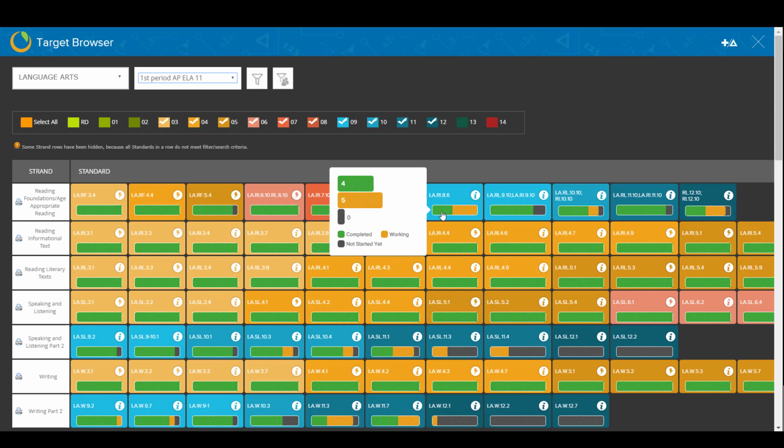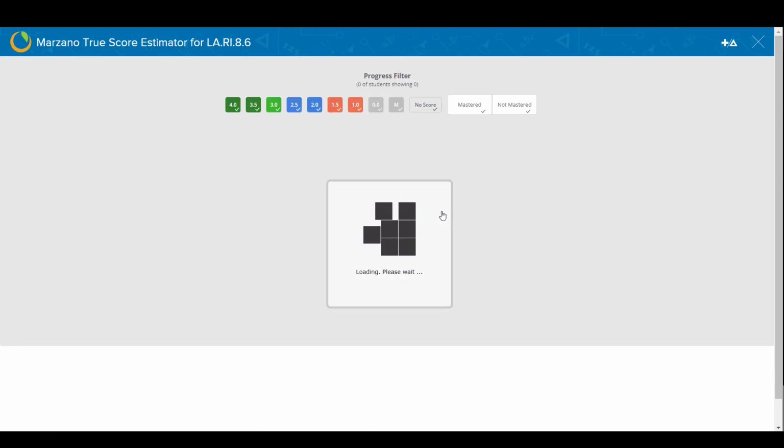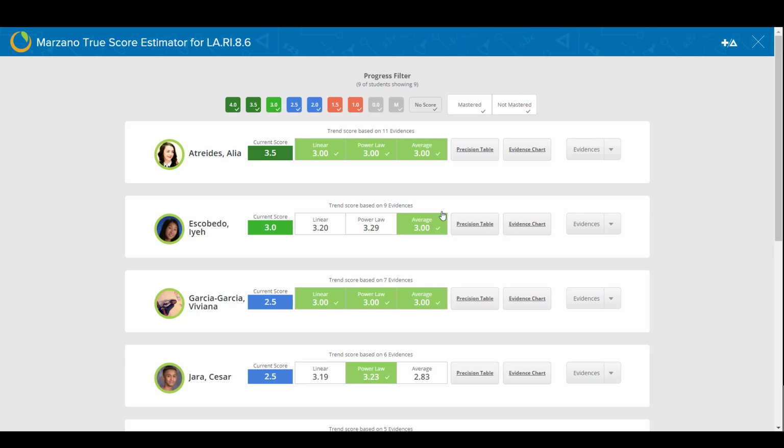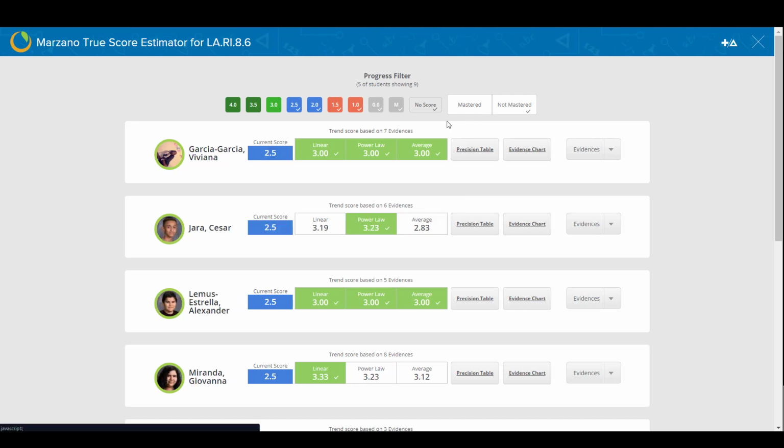And some of the neat things that we can do here, for example, is notice where our students have need. So here's a place where only half of the students have need. I could click into this and get a picture of who are these students who have this need. I get to go to the True Score Estimator tool. Basically, this is a zoomed in version of this information. And who are the students who have not mastered this? Well, I'm just going to filter out mastered. And here they are. Here are the students who have not mastered this and who I might want to continue to work with this standard